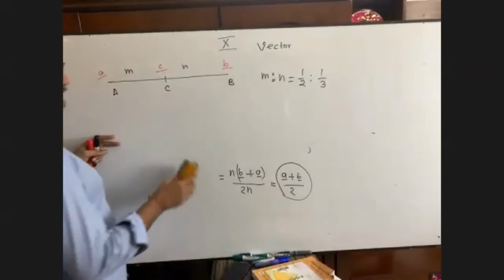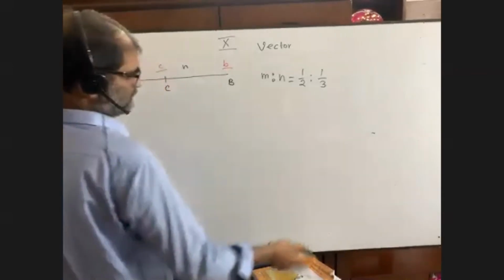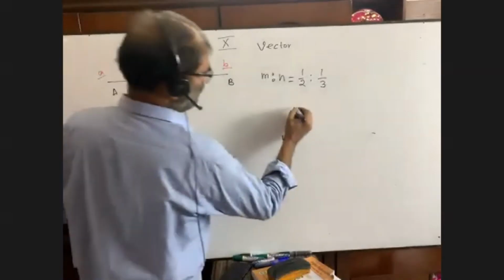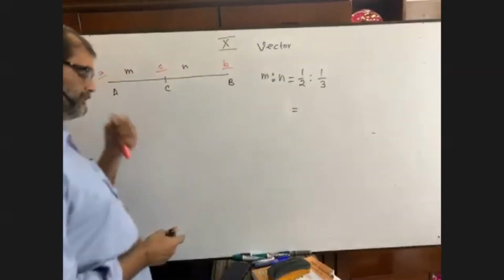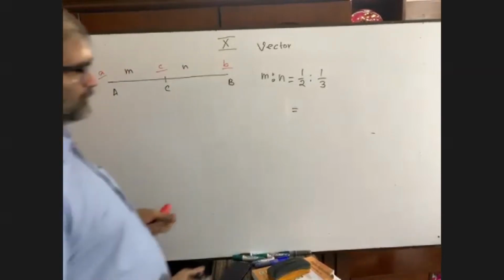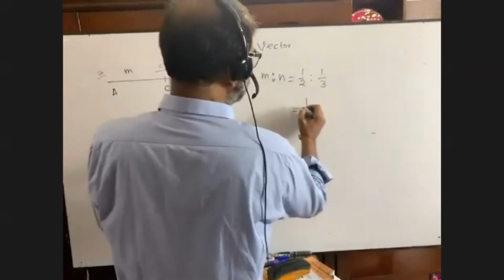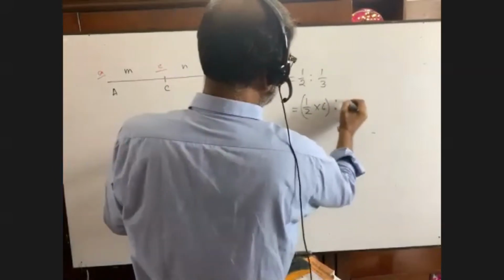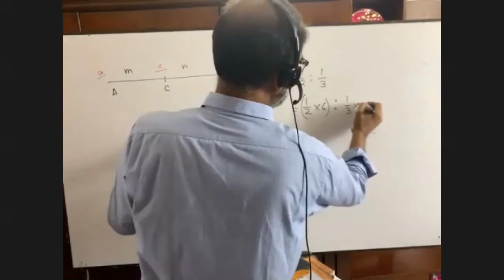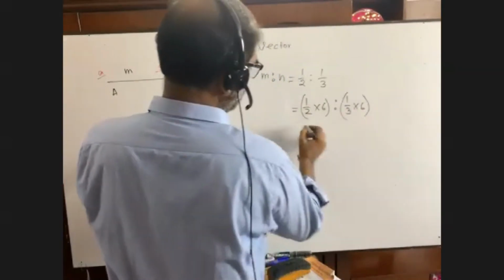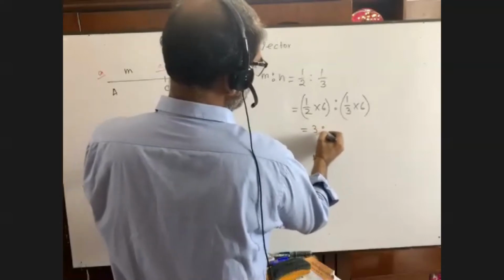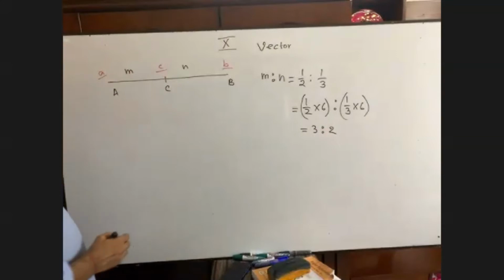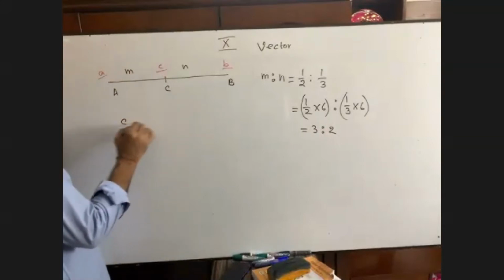Can you please tell me? In this case, what will you do, you know? What is the LCM of the denominators? 6, right? So you have to multiply this by 6. Half into 6, please don't forget it. 1 by 3 into 6. That is, we are getting the new ratio, 3:2. Now you put the formula, use the formula.